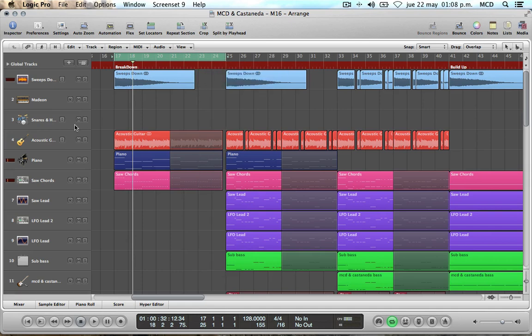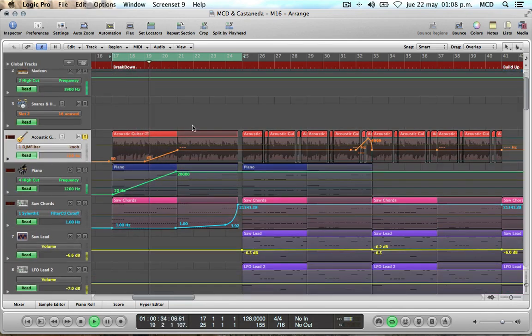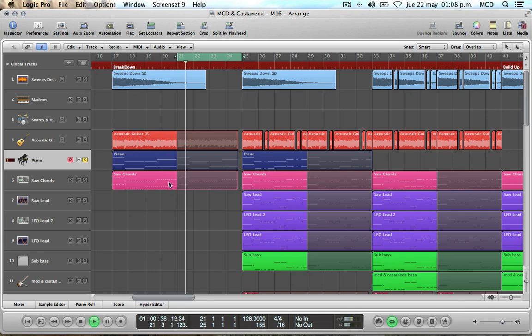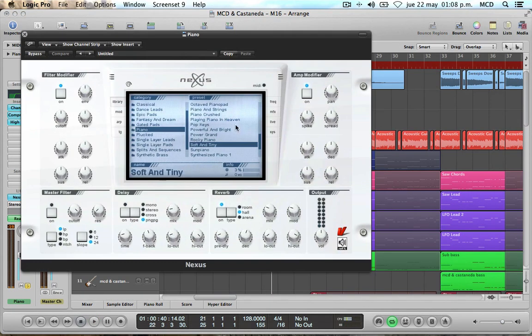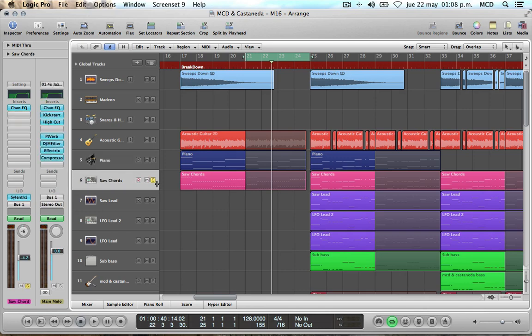Those are the effects. Then we have this guitar loop with a filter. Then we have the piano. It's made with Nexus. It's a soft and tiny piano with a compressor and high cut, nothing else. And these saw chords,